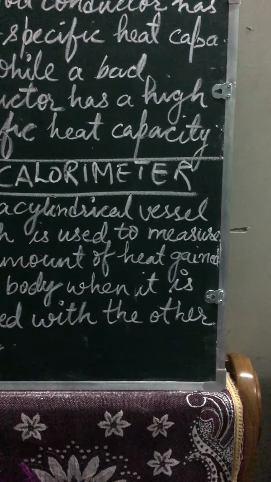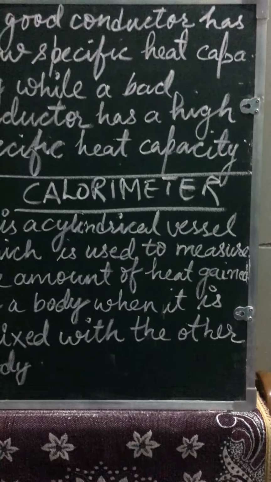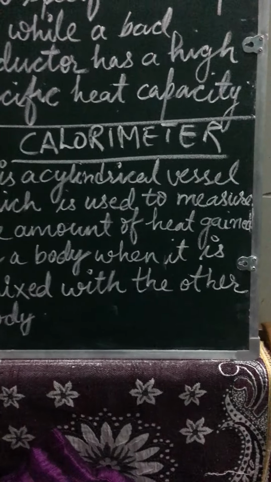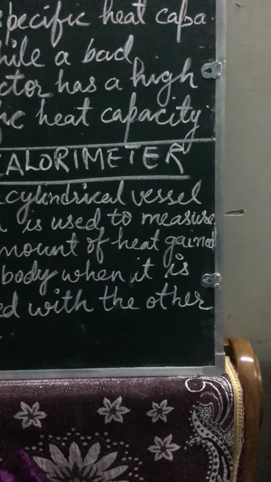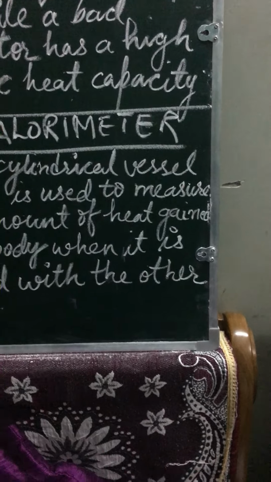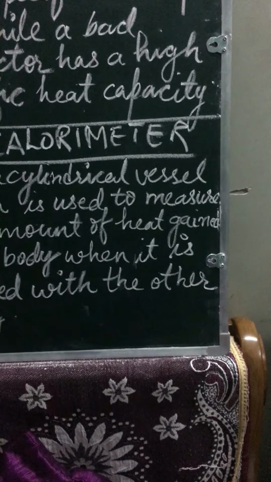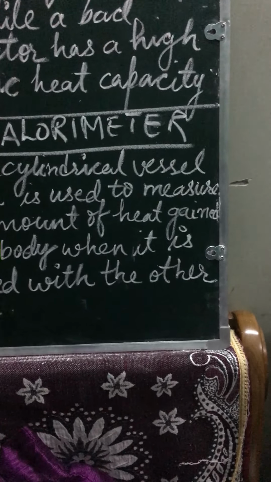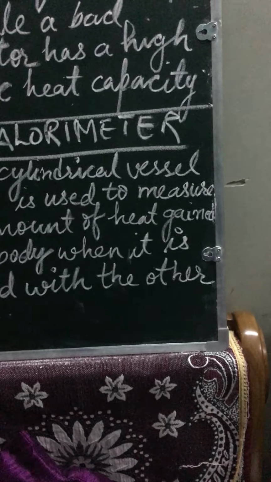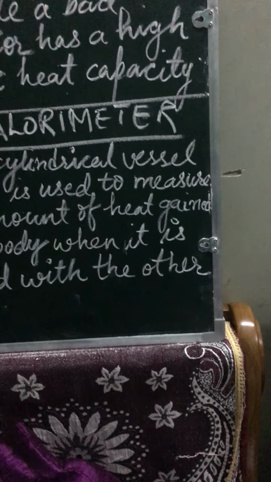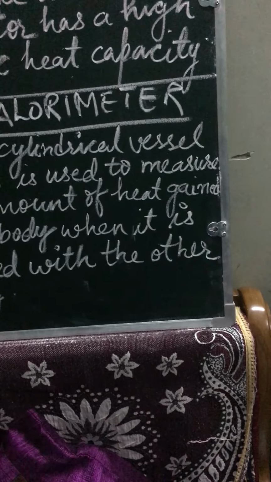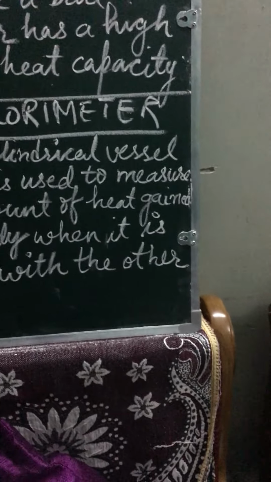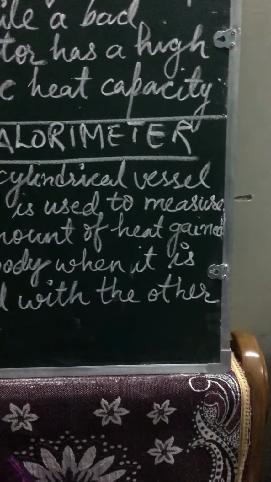Now see, a calorimeter is made up of a thin sheet of copper. Calorimeters are always made up of a thin sheet of copper. Now you may ask me why copper only? Because copper has a low specific heat capacity. It is a good conductor of heat, so it will not require much heat to attain the temperature of the thing which is kept inside the calorimeter. If you make a calorimeter which has a high specific heat capacity, then what will happen? To attain the temperature of the thing you are keeping inside the calorimeter, it will take all the heat and you are not able to calculate the amount of heat released or absorbed by the substance. So a calorimeter is made up of a substance which has less specific heat capacity.